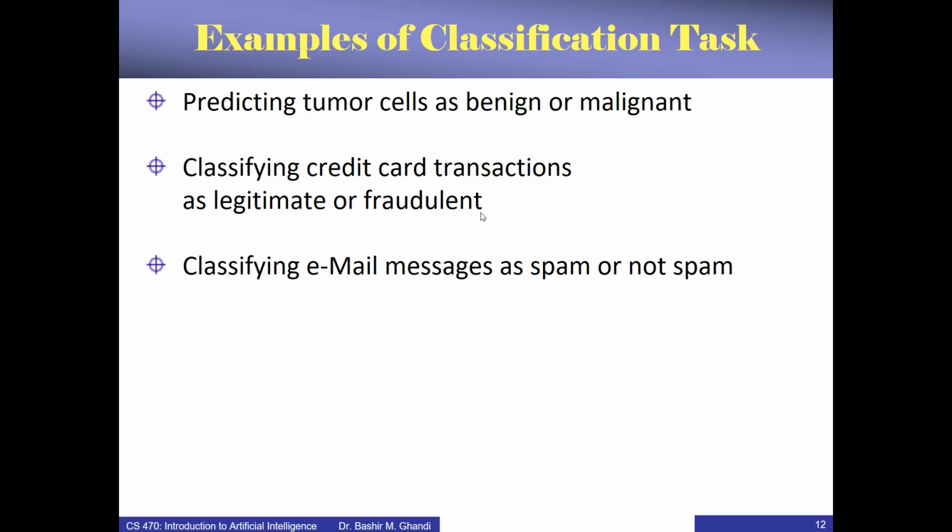Okay. Another example is classifying email messages as spam or not spam. If you are using Gmail, for example, I'm sure you will have seen that they have a very effective spam filter that automatically moves almost 100% of spam messages to the spam folder and allows only the legitimate messages to be in your inbox. So this is another example of